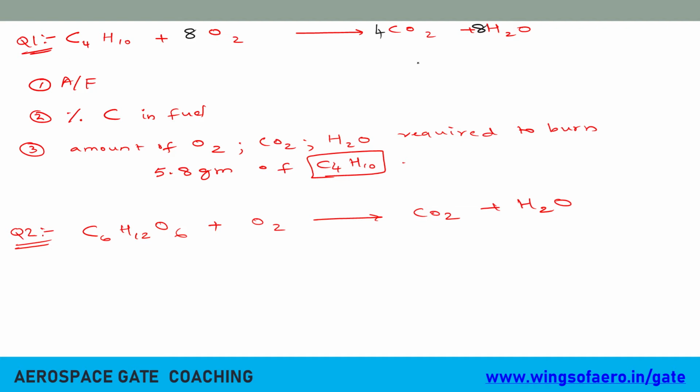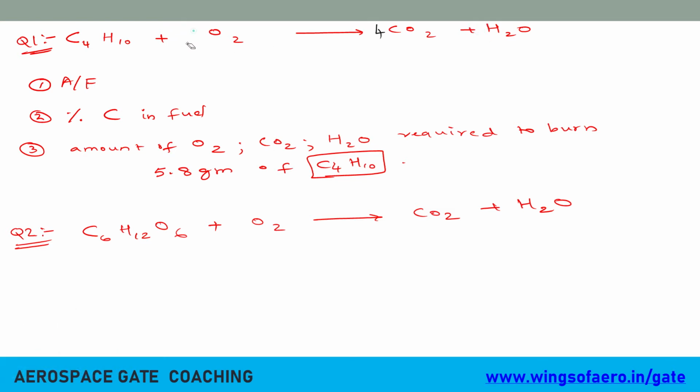Now check whether this equation is balanced or not. Is it balanced right now? Can I say this equation is balanced? Ma'am, no, it is not. It's not balanced because I have just kept 8, but instead I should put 5 here. Isn't it? Instead I should put 5 here.